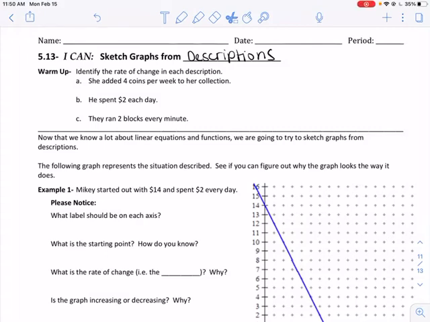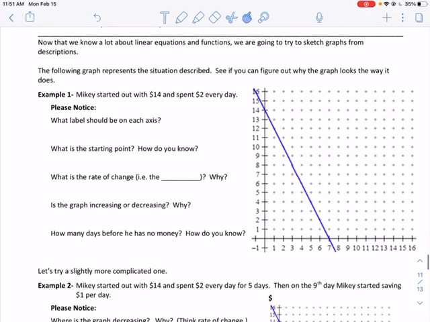Today we will practice sketching graphs from descriptions. Some of these graphs will be lines, but a lot of them will not be lines. They'll kind of go up and down, be flat. They're going to look like all sorts of different things. So it's a little bit more fun than just lines. We're going to look at some graphs that have already been drawn for us and figure out why they are